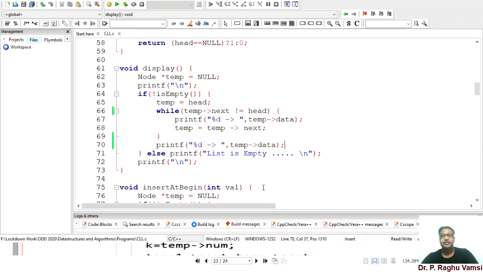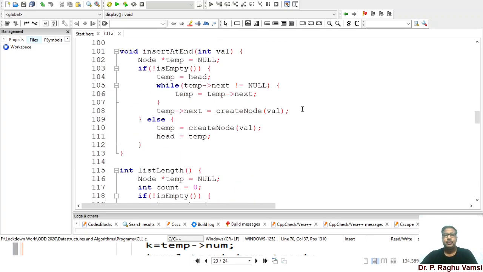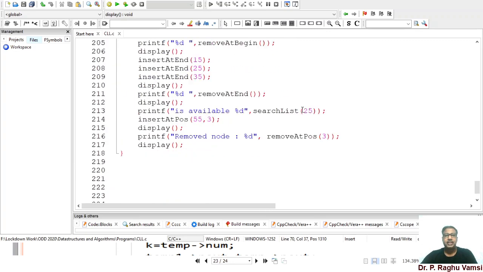Thereby, since the iteration will stop at the last node, the last node's data will also be printed. So this is the way the display function will work. So these are the small modifications you are supposed to do in the circular linked list by taking the single linked list code. Now we'll move on to the main method.